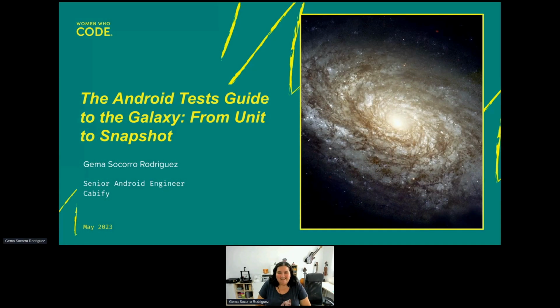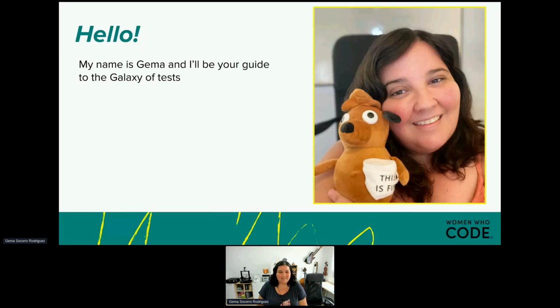Yes, I am pretty excited to have been selected to be here and to talk about testing, which is something that is pretty important, and we'll see why. As I was previously introduced, I have been working on Android for almost 12 years, developing apps.